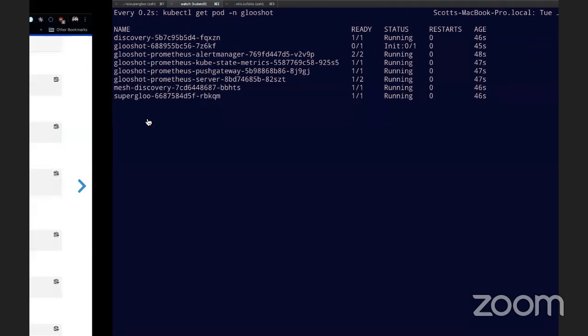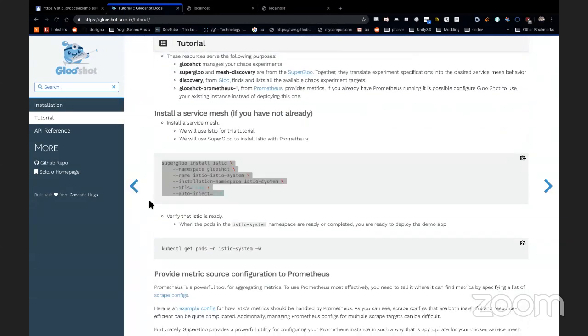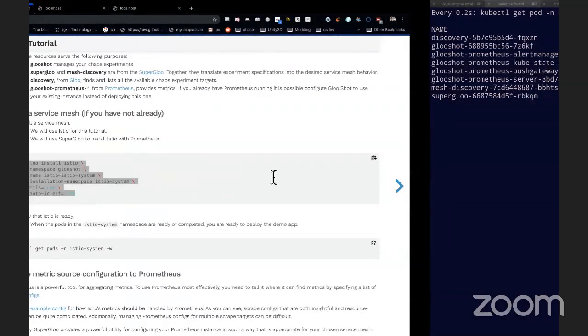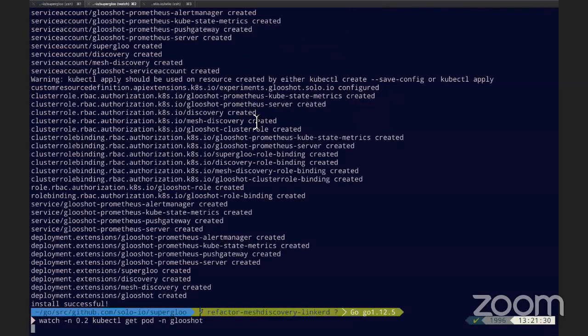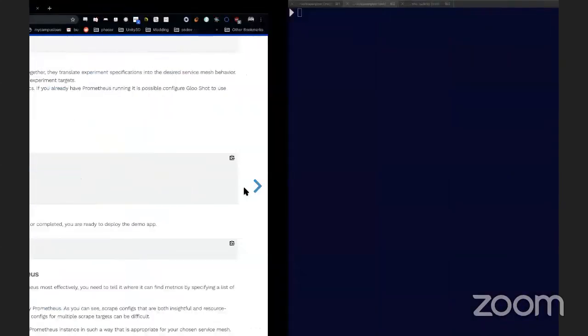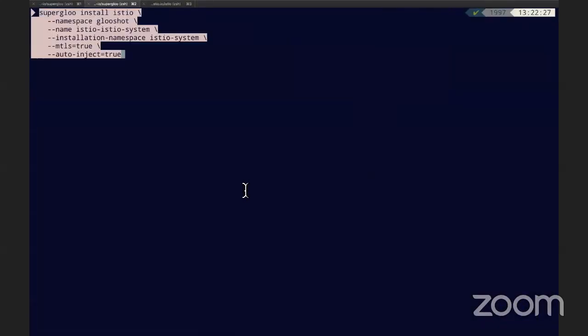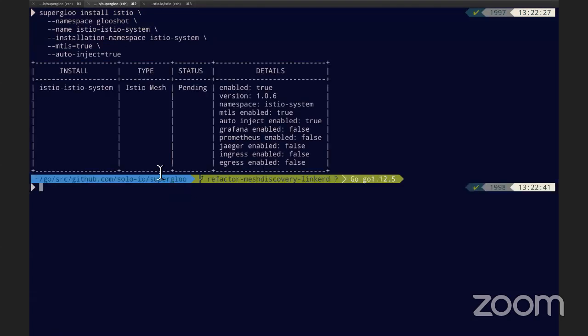So while that is starting, I will use Superglue to install a mesh to my cluster. I'm going to use Istio in this example. One of the features Superglue provides is the installation of meshes, so I don't have to deal with Helm charts or YAML manifests to make sure everything gets done. I can just run a single command. This will actually create an install CRD, which Superglue will use